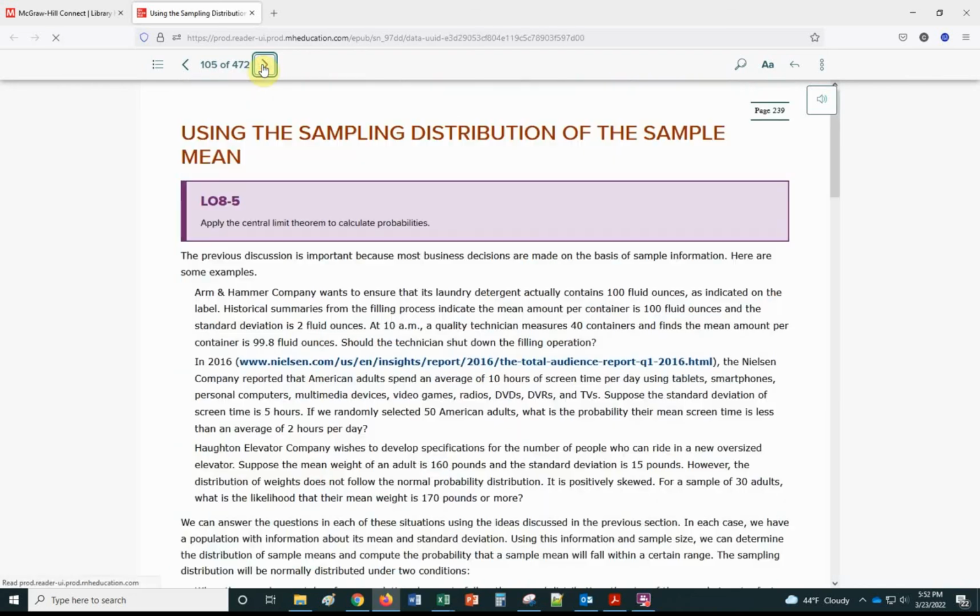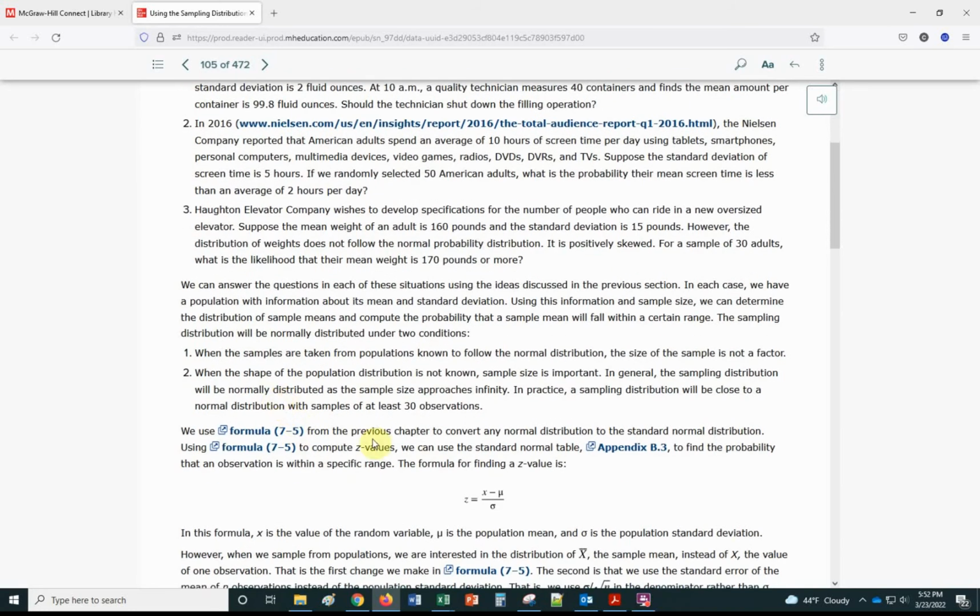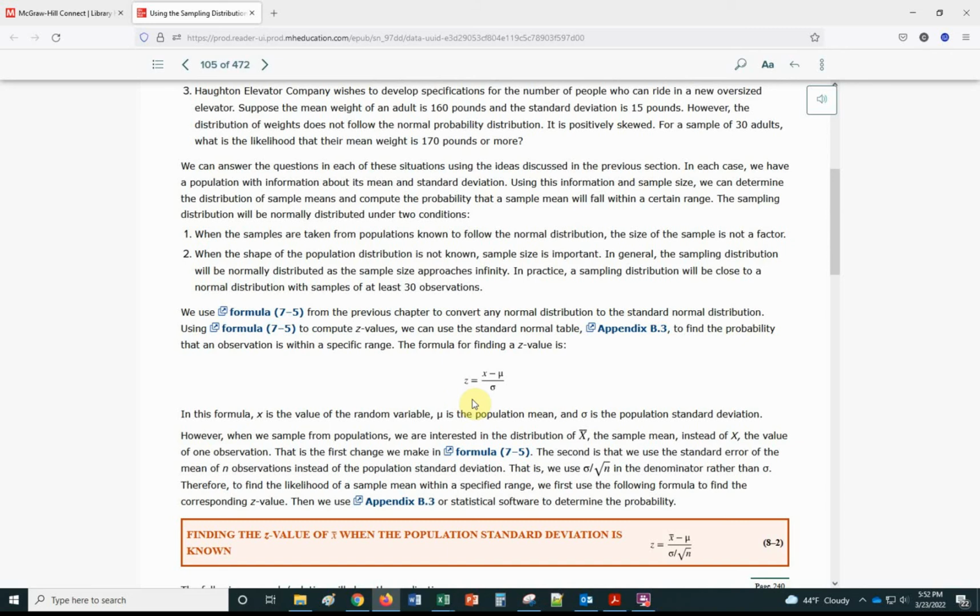So I want to move on from here to 5, using the sampling distribution of the sample mean. Here's some examples they give first, and I want you to answer these questions. Here is a formula from 7-5, chapter 7, to find z, and z